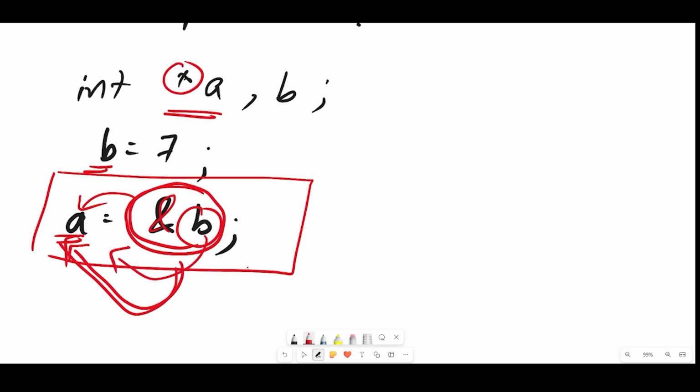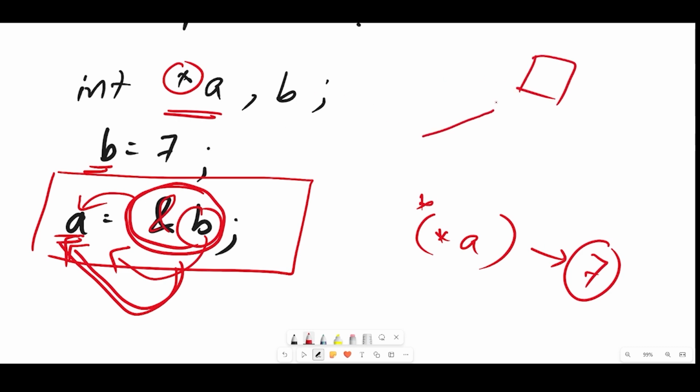Now, if I need the value, I have to use the star. That means I do have the address of b, but if I write star a and I print this, this will give me the value of b, which is 7. So it is not like I only have the address. You can understand it like this: if you have the address of a person, you can go to that address and you can meet that person, right? So if you have the address, it is not difficult for us to get the value, because we know where it is stored. I just have to go inside it and fetch the value. How will I go inside it? I have to use the star. So if I print using the star, I will get the value inside it, whatever value it is.